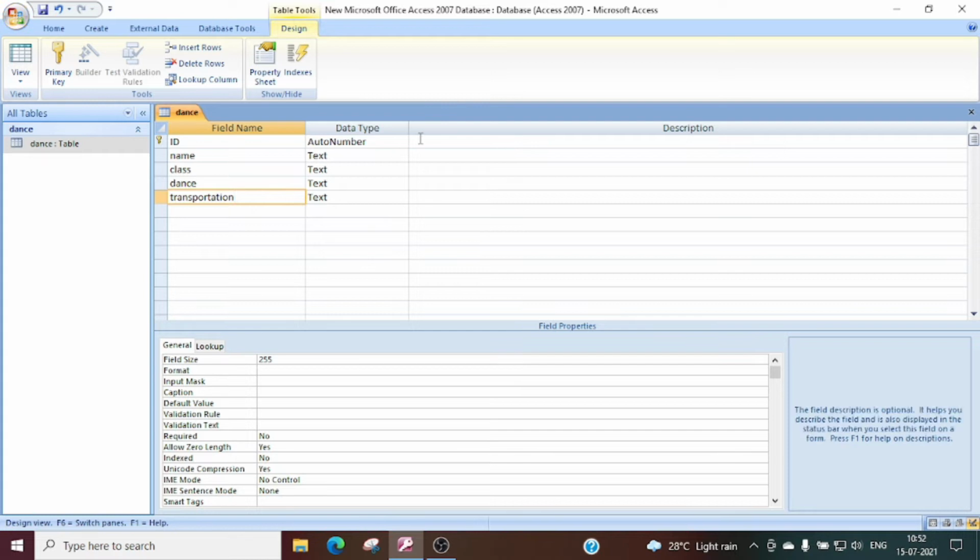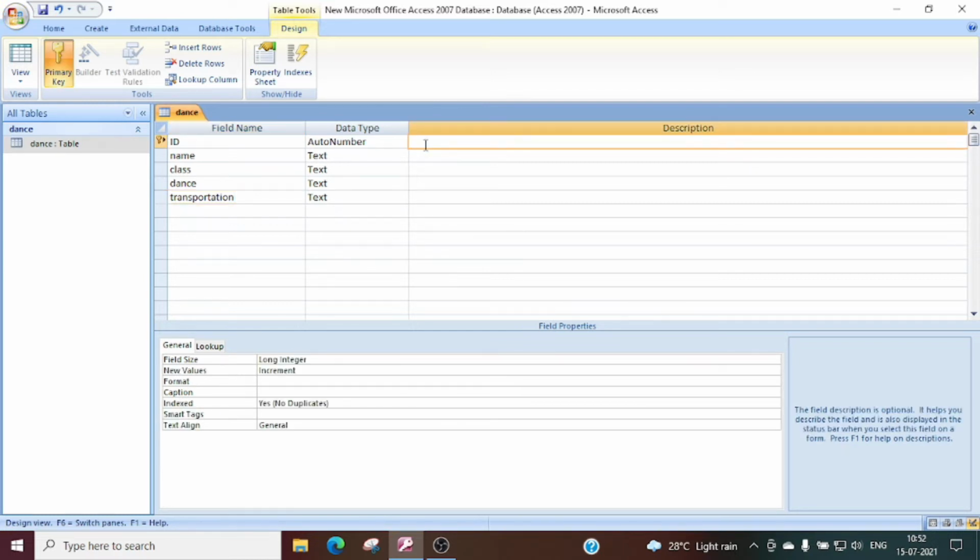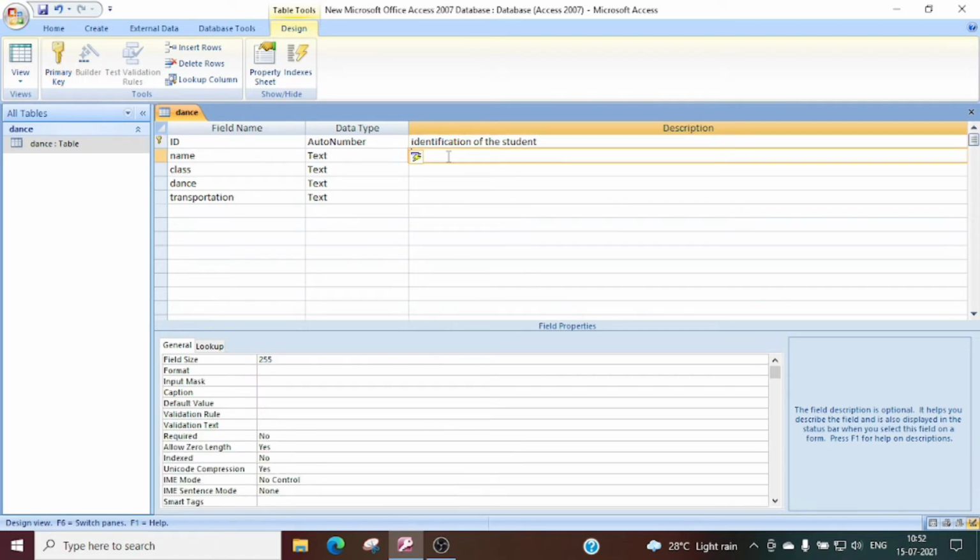Here in description you can provide information about whatever the field is storing. Suppose I am writing here: identification of the student. Here I am storing the name of the student. Next, class of the student.